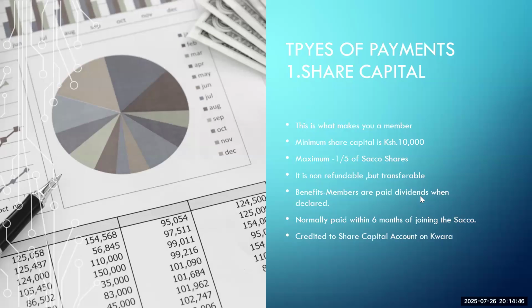If there are profits and dividends are declared, members are paid dividends. Normally, new members are given a time frame of 6 months to pay the share capital. And for most members, when you log on to Quora, you should be able to check your share capital amount on the share capital account. The next,